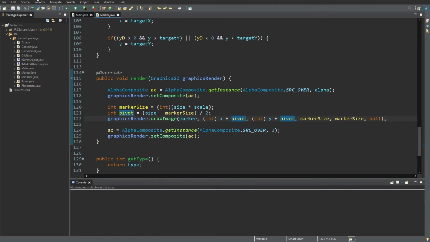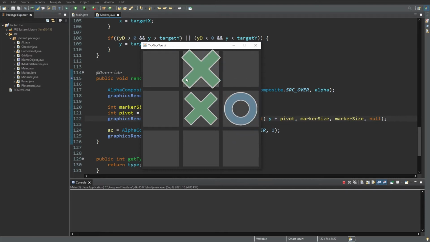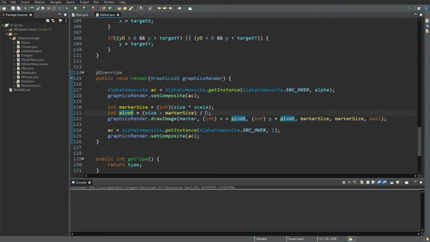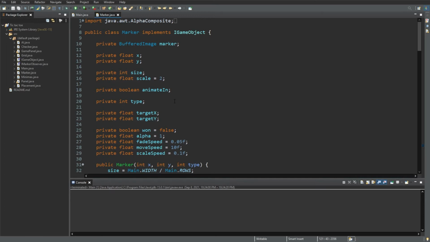And if we then run, we will see it being centered, as you can see, which is giving a much more dramatic effect than what we had before. But I'm still not really satisfied. I also wanted to fade in instead of only scaling, because now it still feels a bit abrupt if